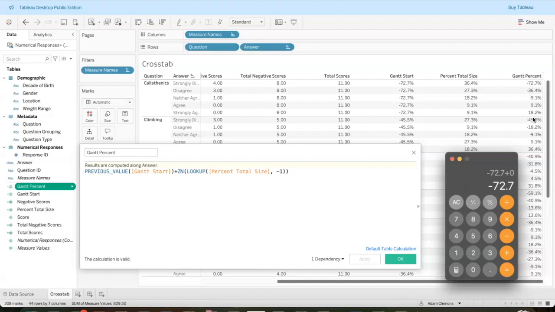So that's how it'll work for each of these, the first response categories. Essentially, they strongly disagree because it starts, or is the beginning of, that question. And then the four remaining response categories will work like this. So the previous value, in this case, again, if we're coming to -36.4, the previous value is -72.7. So we don't need to go to the Gantt start this time. We'll just go -72.7 plus